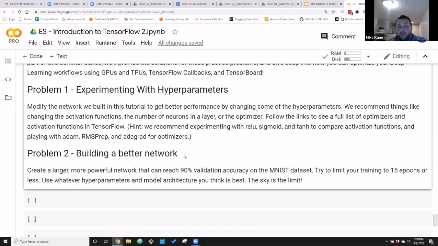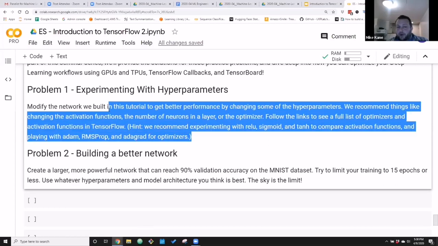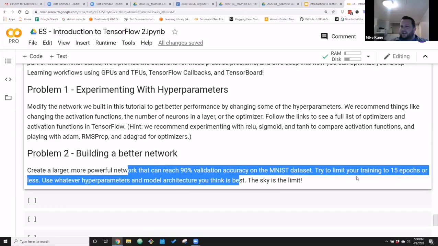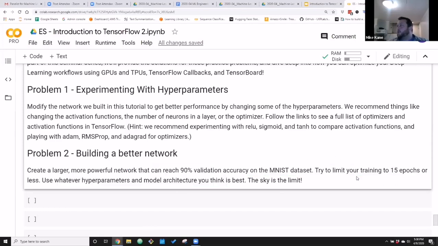And then once you've had some time playing around with the tools, take a crack at reaching 90% and try to limit your epochs, right? So one challenge you can always do is how high can you get the accuracy? And then the next challenge is how fast can you get to that accuracy? A model that gets there in 3 epochs is better than a model that gets there in 10, okay? And that is absolutely something you can aim for, because in the real world, that saves companies a lot of money, right? This training stuff is not cheap.